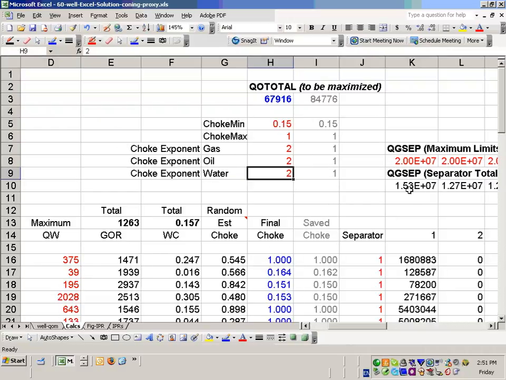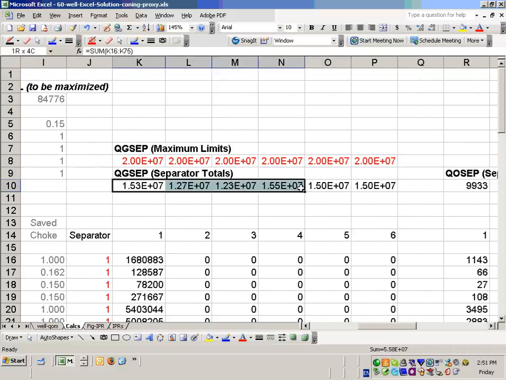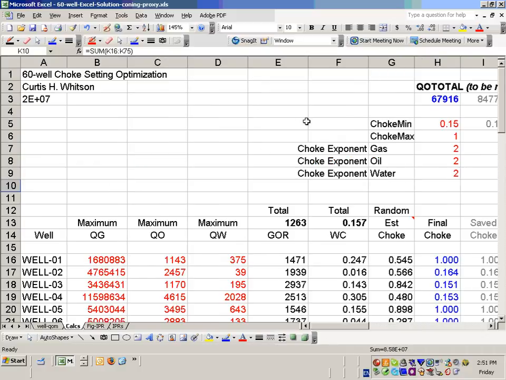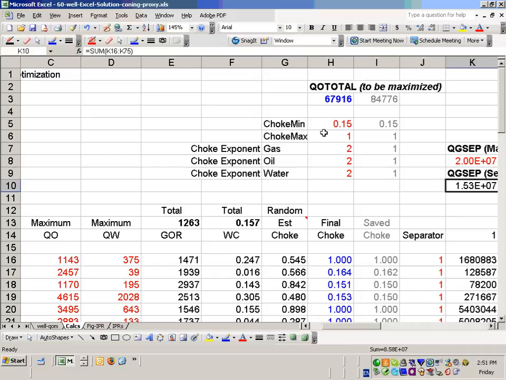Okay, I suspect we're violating some constraints. No, we're not meeting the constraints, so we should be able to produce more oil. Currently it's producing this much oil. So if we run this optimization,